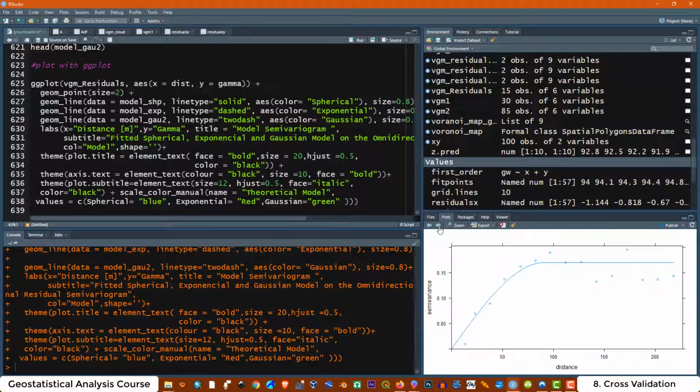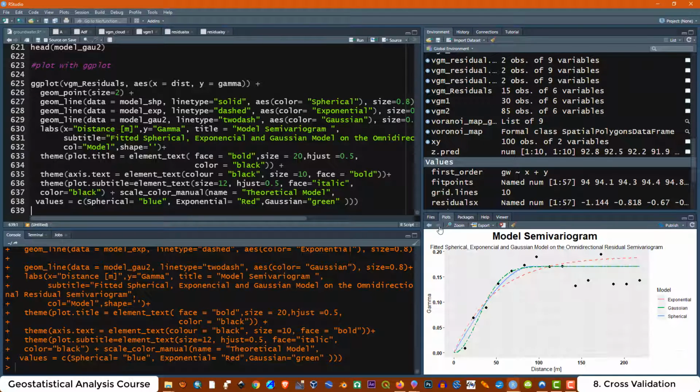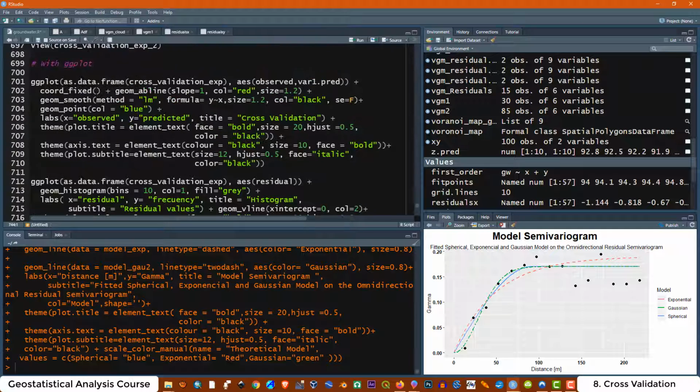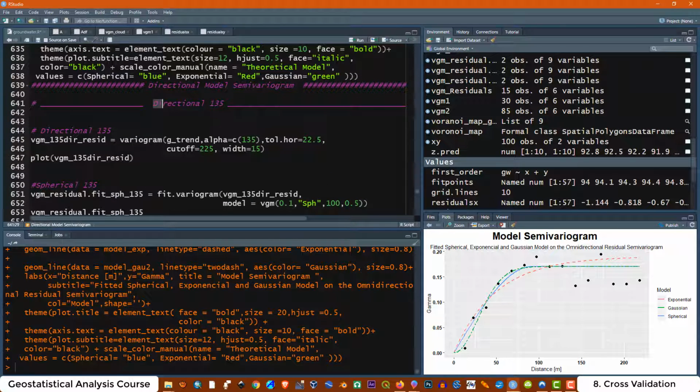Then in total we are going to do the Kriging Interpolation for 4 models: all these 3 omnidirectional ones, and also a spherical one for a direction of 135 degrees. All of them are going to be based on the residual values. Now what I'm going to do is create the model for the directional semi-variogram for 135 degrees. It's going to be this one,